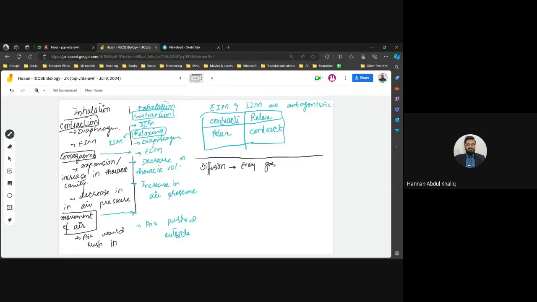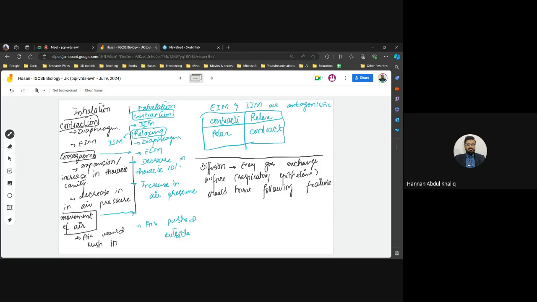Every gas exchange surface, or also called respiratory epithelium, because mistakenly it was named as respiration. This phenomenon. So every gas exchange surface should have the following features